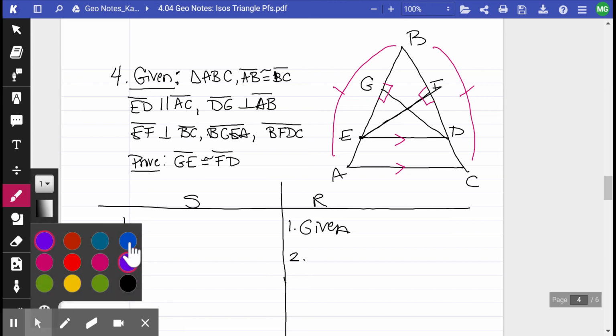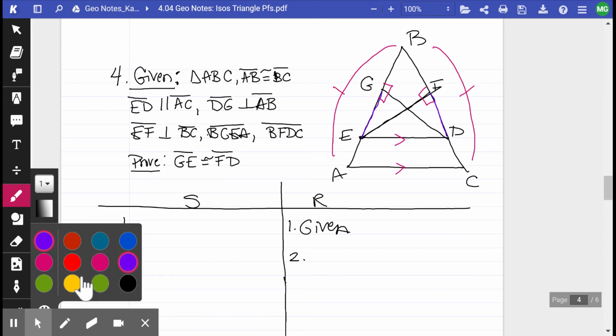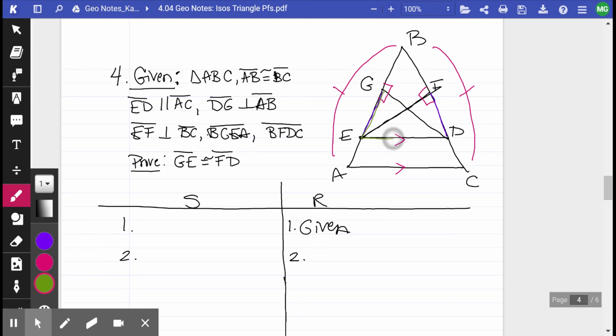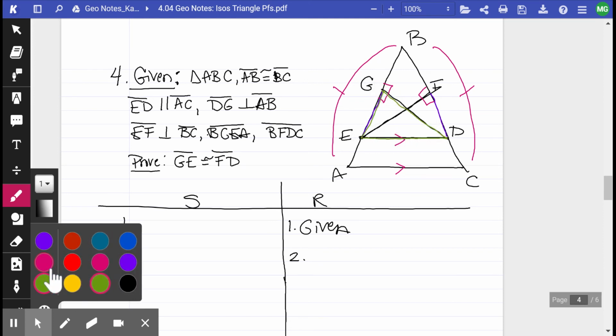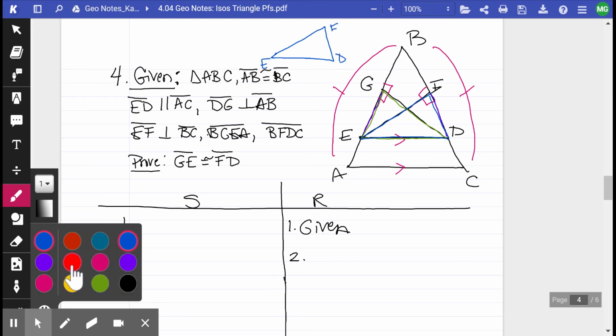So the first one, segment AB is congruent to segment BC. What can I conclude from that? I'm just going to start off doing it this way. You also may have looked at these two segments you want to get congruent and said, are they part of two different triangles? Well, yes, they are. They're part of this triangle here, and they're part of this triangle here. Again, sometimes it's helpful to redraw those triangles outside of the figure if you want to see them more clearly. This is F, D, E, and you can draw